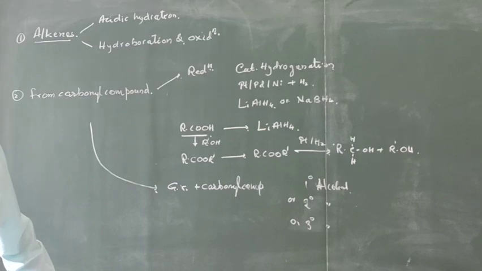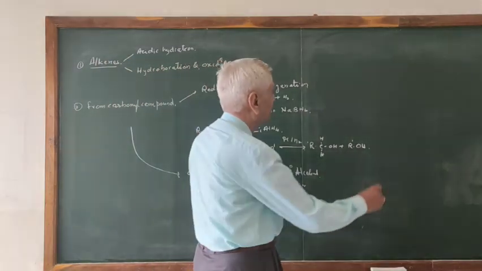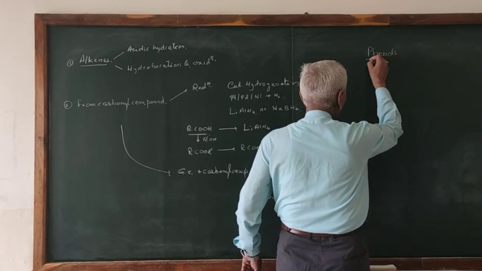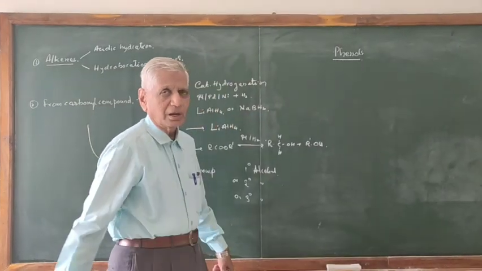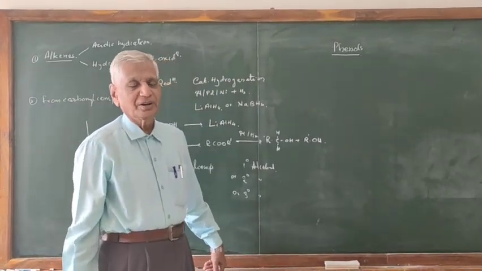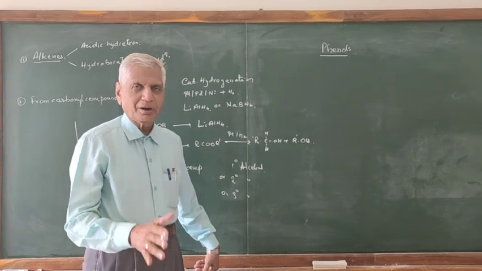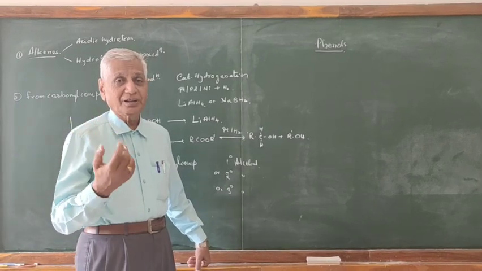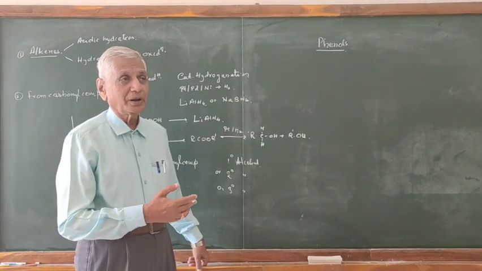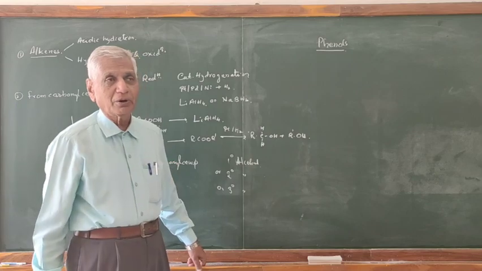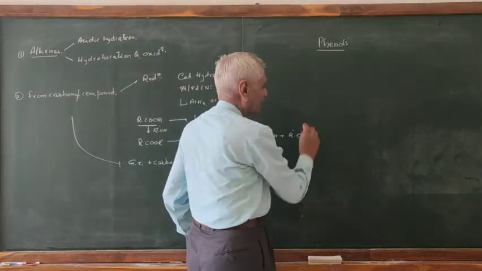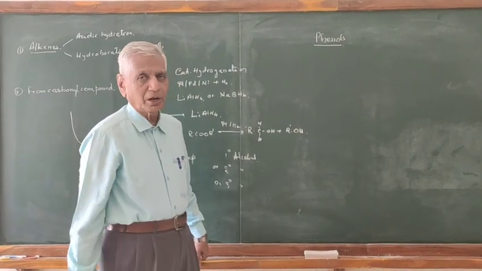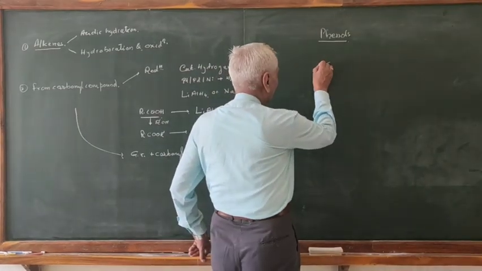We go for methods of preparation of phenols. We go for phenols. Phenols are the hydroxy derivatives of arenes, the derivative of the compound obtained from an aromatic compound. Therefore, this is called a derivative of aromatic hydrocarbon. So, phenols are the hydroxy derivative of arenes, aromatic compound, aromatic hydrocarbon. The simple example we are studying here is phenol.